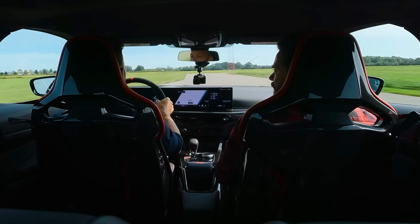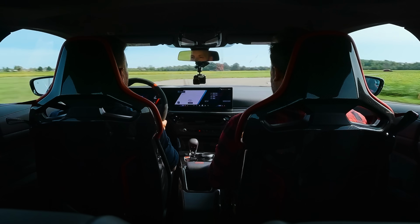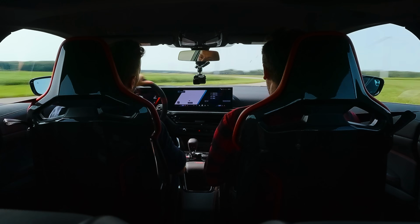Although that's a lot of the previous one. This one does have a usable rear seat though, right? It has a usable rear seat, a big trunk. It's a standard conventional front engine car, right? So it's a little bit more...